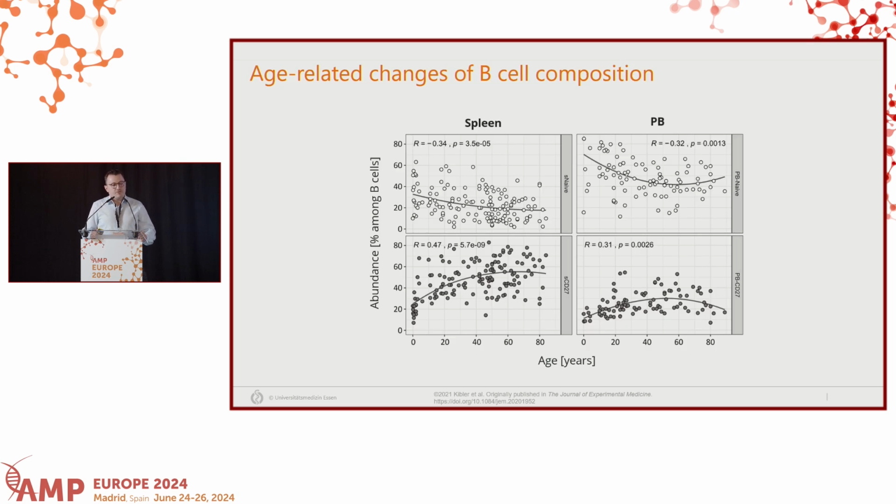Here you can see that throughout life, the composition of splenic and peripheral blood B cell subsets changes substantially. So for one thing, obviously early in life, you do not have so many memory B cells and they slowly accumulate. And also what you can see here is that spleen and peripheral blood differ substantially. So the peripheral blood is dominated by a high frequency of naive B cells, which are important in new immune responses against yet unknown pathogens, whereas memory B cells are important in recall responses.